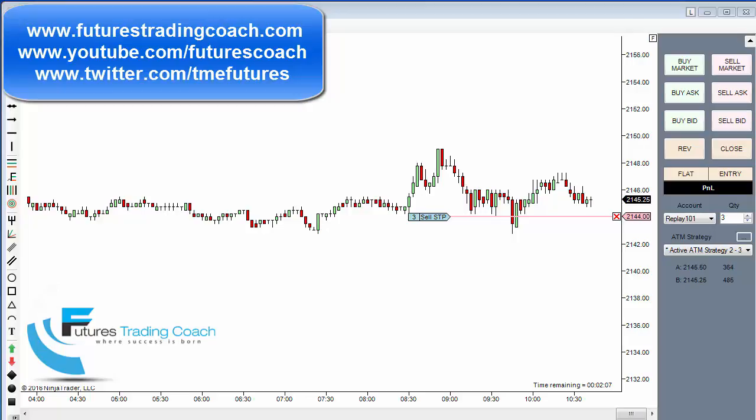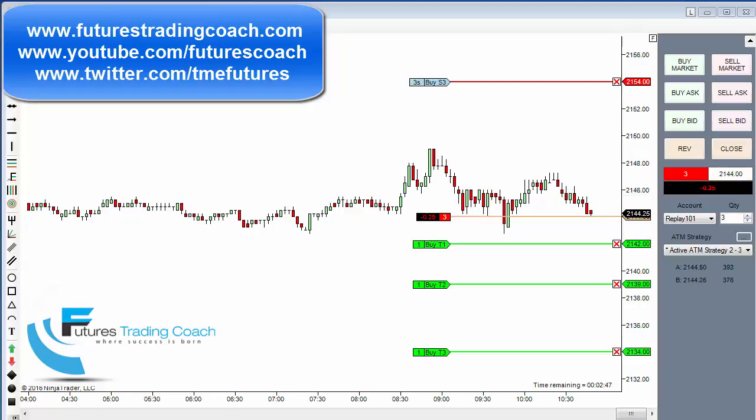And we're going to start here with advanced trade management with a trade with three contracts. It's going to be a short, and I'm going to run through a few things as we're in this trade. So we're looking at a short here with three contracts, and we're looking for a print of 21.44 in the market. I'm going to speed this thing along a little bit just to get us into the trade. Okay, so now once we get filled here,